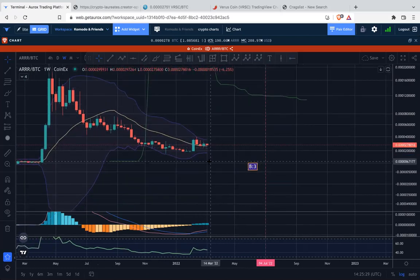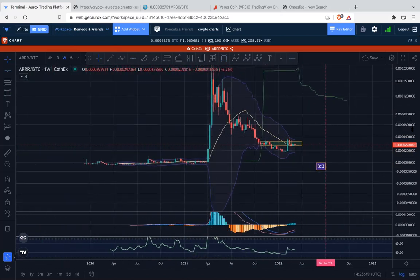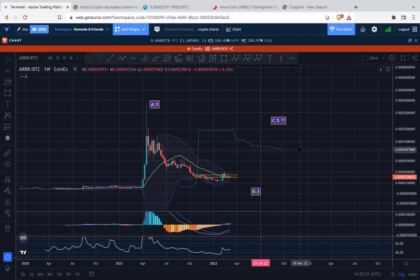Okay, patience is great. And here we are again with this zone here, this zone here. Okay, we are going to watch and see what happens here. All right, how long do we stay here? What's going to go? All right, yes, here we go. That's good stuff for the Pirate Chain. Okay. And then of course watch lower time frames, and see how it correlates with what is happening on the price. Okay, now